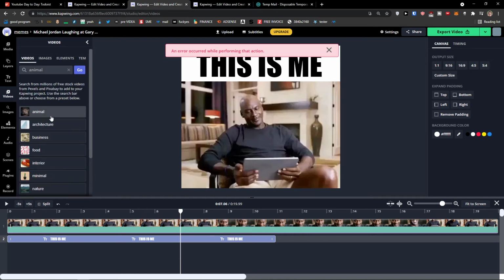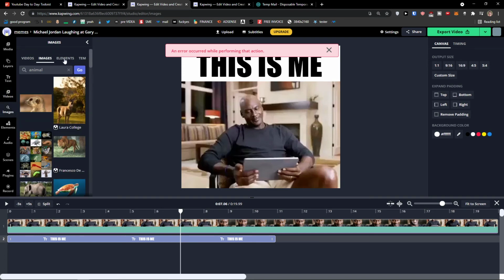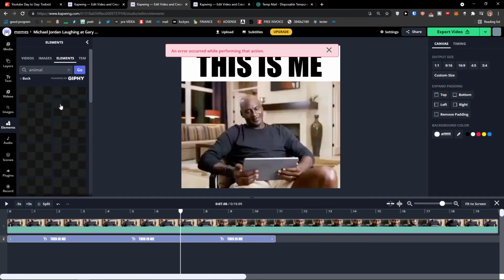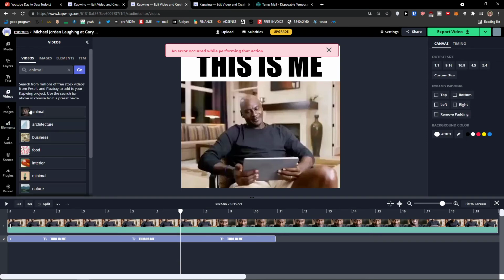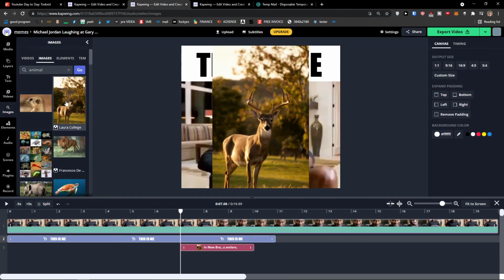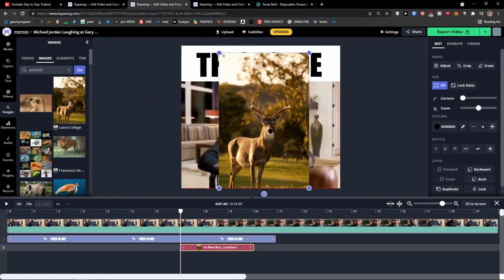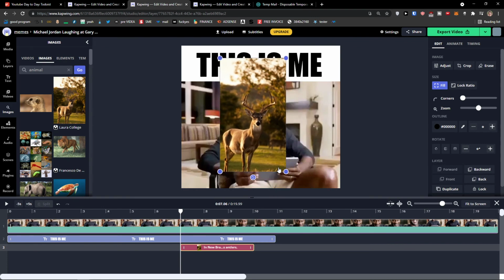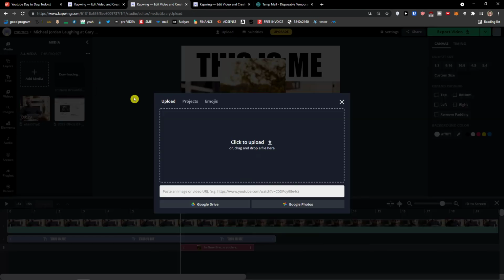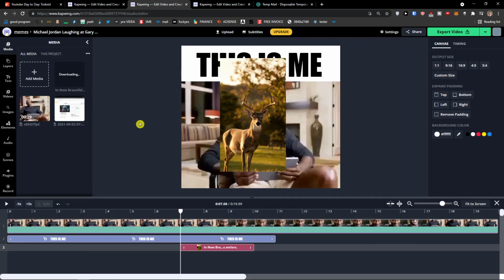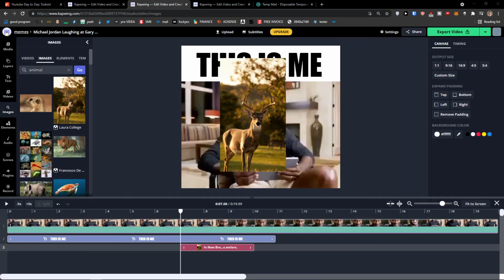Let's say animal, and you can choose and upload videos or images or elements, and these are all free that you can download. So here you can add videos, elements and stuff like that. Then you can have messages here. Again, there's the same thing. You can simply upload your own images when you're in media, and you can add and upload media right here, or you can add images